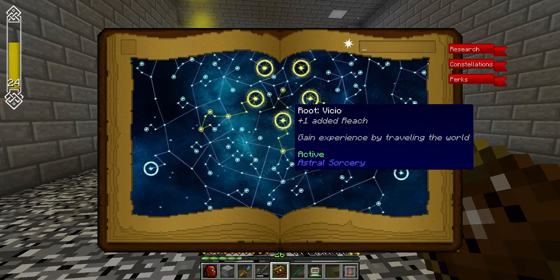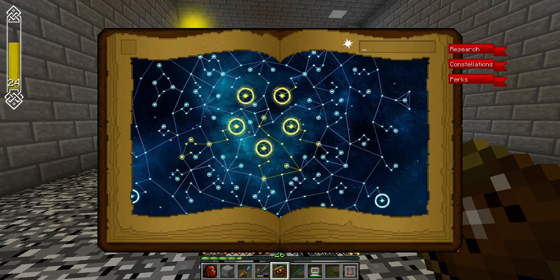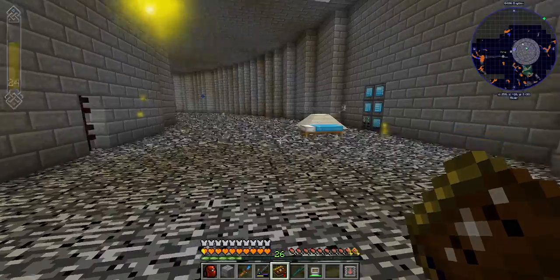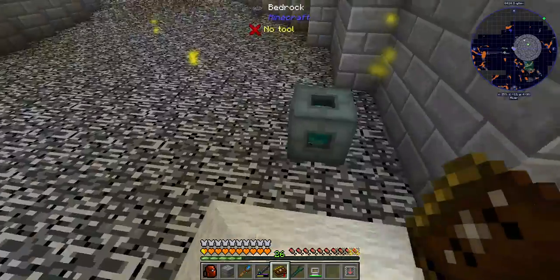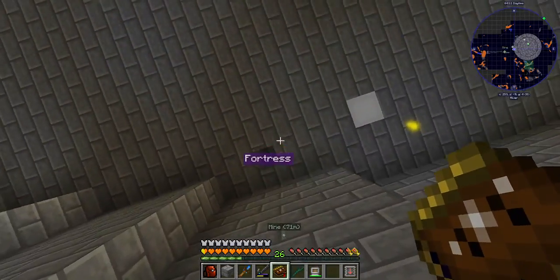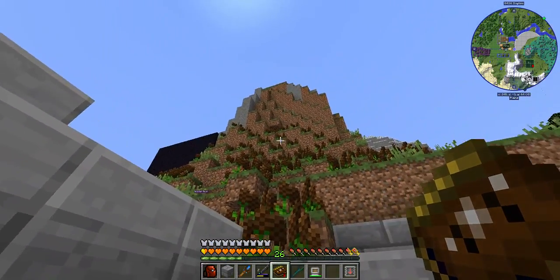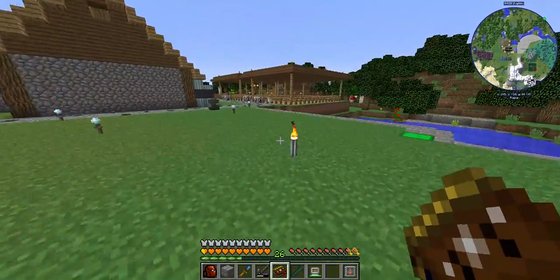So the first thing I did was go here and gain my experience for traveling the world, and I looped around and came into the center, then I did all 5. So now I get experience for everything, but it seems the easiest is for me to just run around. This is my travel anchor. It's attached to this travel anchor here, which will take me to my reactor, and then that's within reach of the Astral Sorcery temple. I'm not going to do that right now. So let's